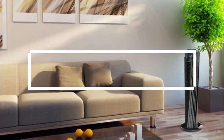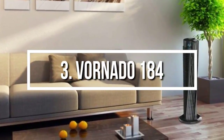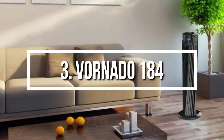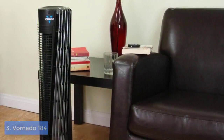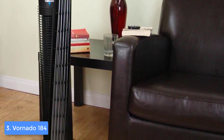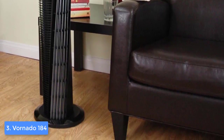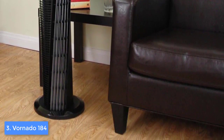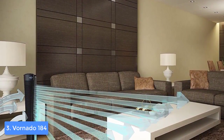Next stop, at number 3, we have the Vornado 184. The Vornado 184 is one of the best, and most purchased tower fans on the market due to the fact that it looks elegant, and it performs exceptionally well, while maintaining power efficient, so you can't simply go wrong if you ever choose it. From a design perspective, the Vornado 184 comes in different sizes, starting from 29 inches, 32,